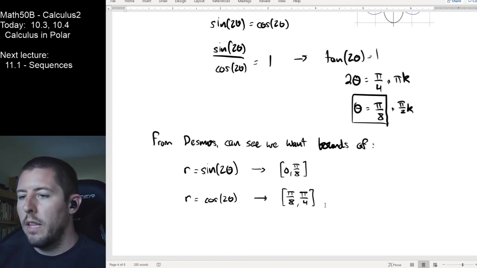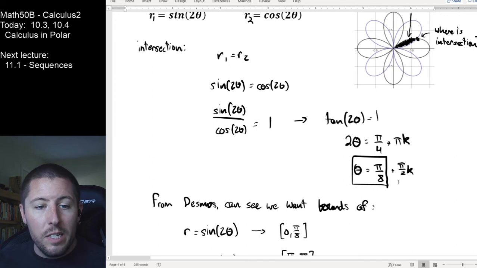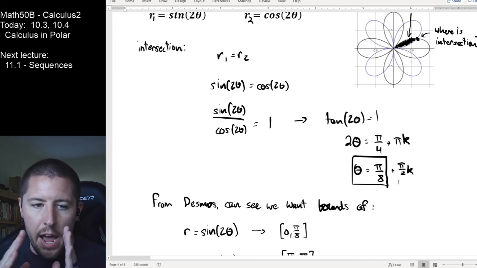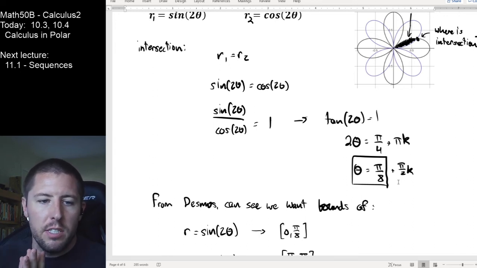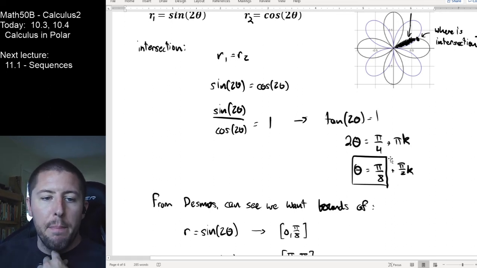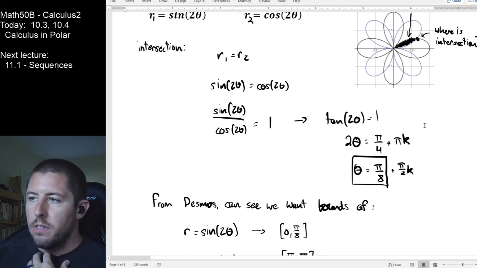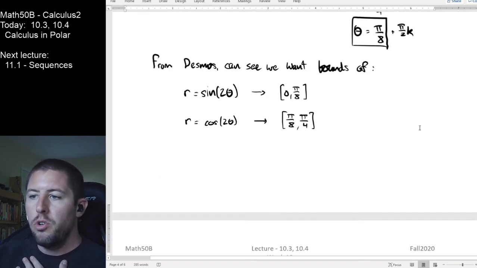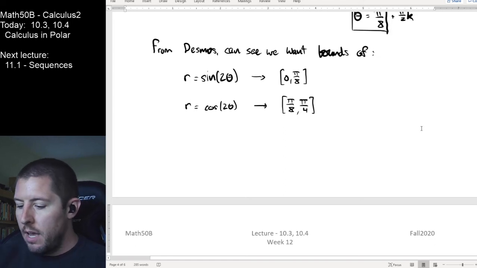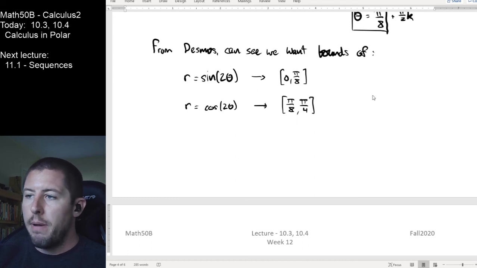Now, notice this one last little thing here that we want to think about. So here's where I want to convince you that your intuition will lead you astray if you try and only use your XY intuition here. This is a really important part. Every single time in your life up until now that you have computed the area between two curves, you have always done subtraction between the two equations. However, what you should notice here in this case is that if I integrate sine of 2 theta from 0 to pi eighths,